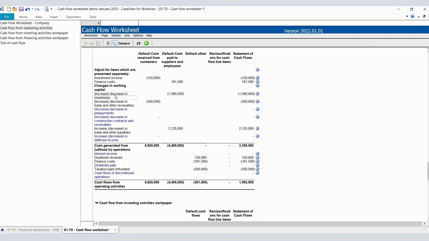These are obviously assets and liabilities, and where would we find these? These would have come from the various asset and liability sections in the main worksheet. Keep an eye on inventories and trade receivables. Look at the numbers, 1.58 million and 360,000. If we go up to our main worksheet